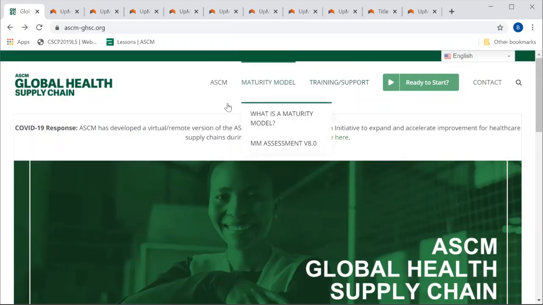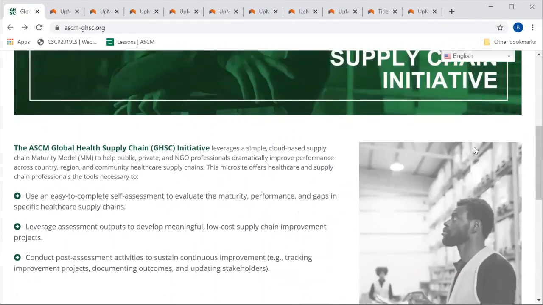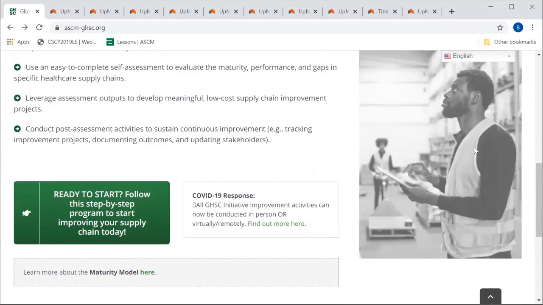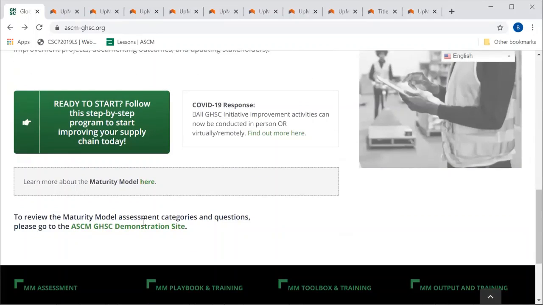So this whole page here gives all the access that we need. And then if you scroll down a little bit here, if you want to do a demonstration of what the maturity model tool is like, you can also come here and click on this tool. This just gives you a demo version, so you can go through it, go through the questions to see how well used to it you are before you eventually start an assessment.